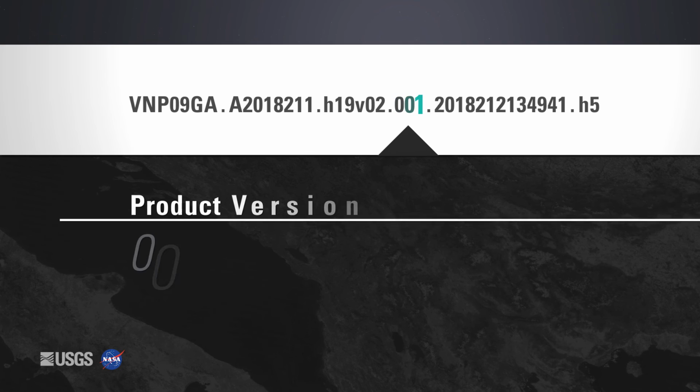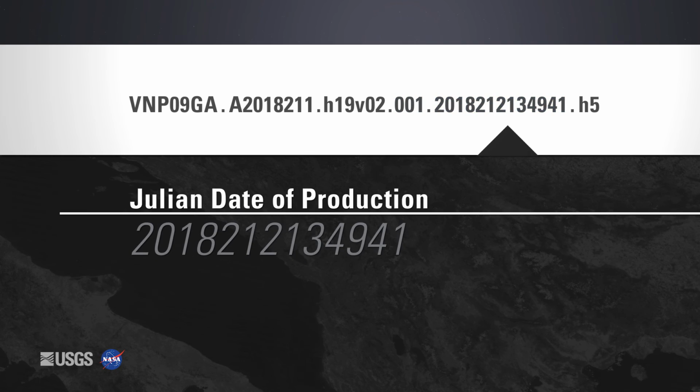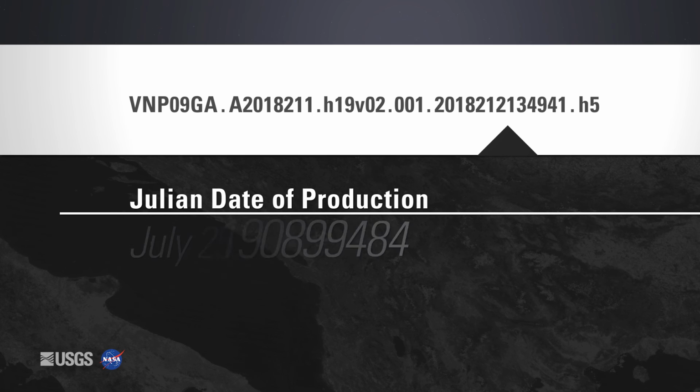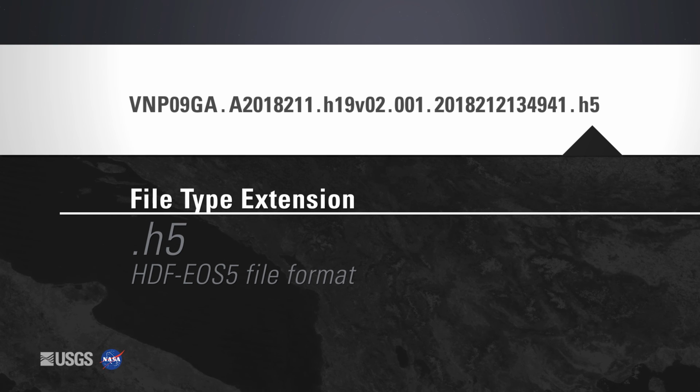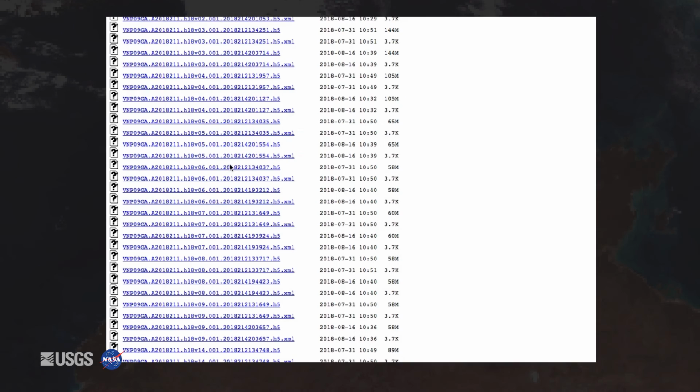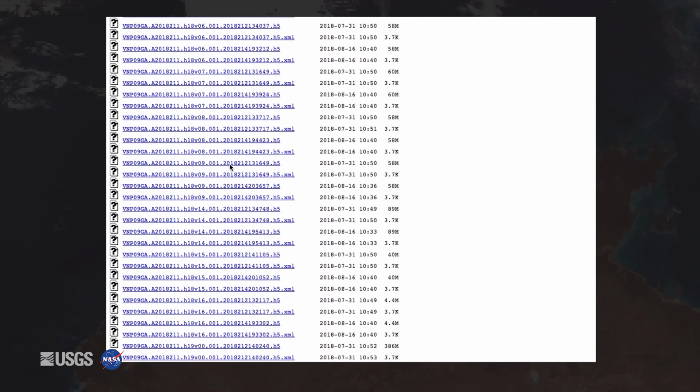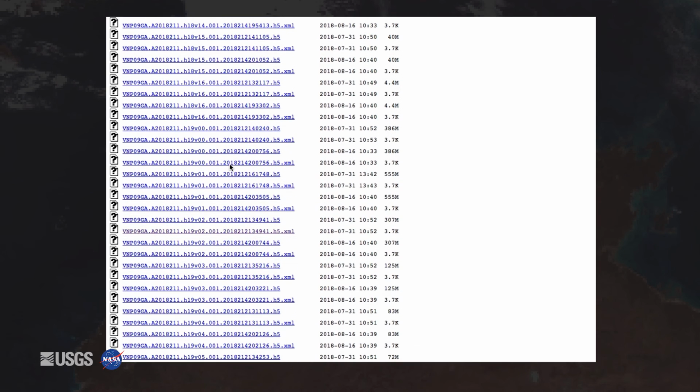The fourth part indicates the product version. The fifth part indicates the Julian date of production, including the year, day, hours, minutes, and seconds in UTC. The last part is the file extension. VIIRS data are provided in the HDF EOS5 file format. Another great place to find information about the data is the external metadata file, which is provided